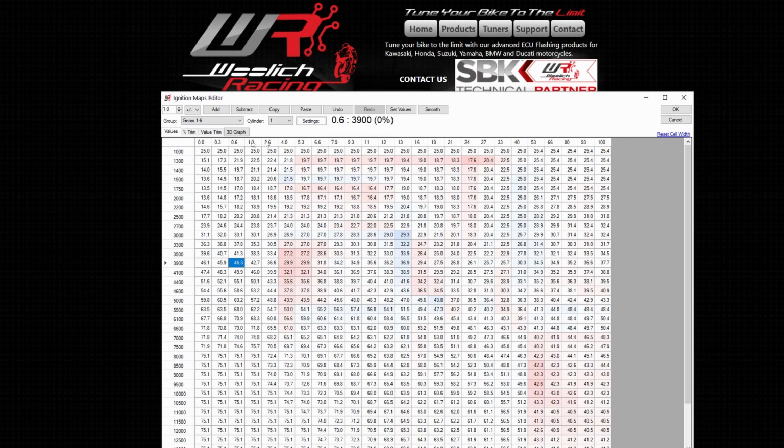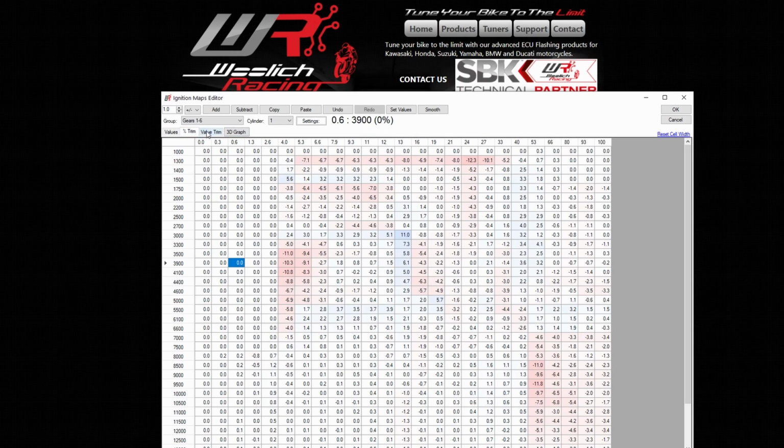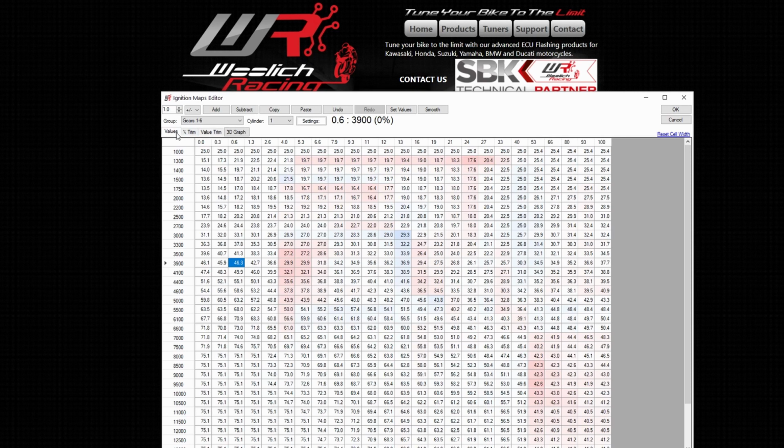This method is quicker and easier than manually copying and pasting maps by opening 2 copies of the software. And because these cell differences are highlighted in red and blue, it is also easier to tell which maps have